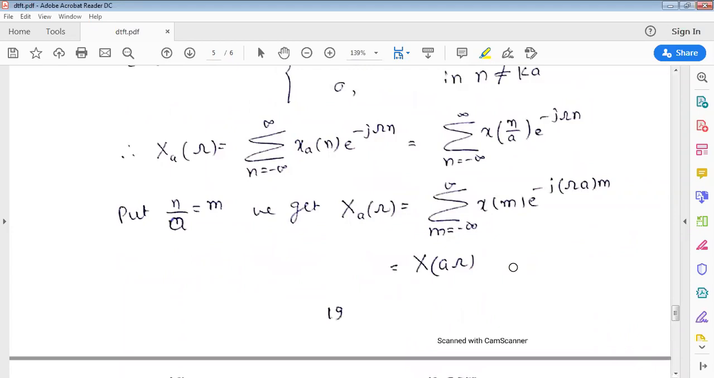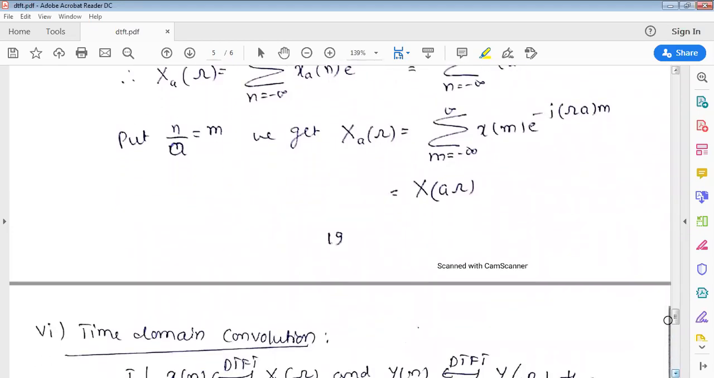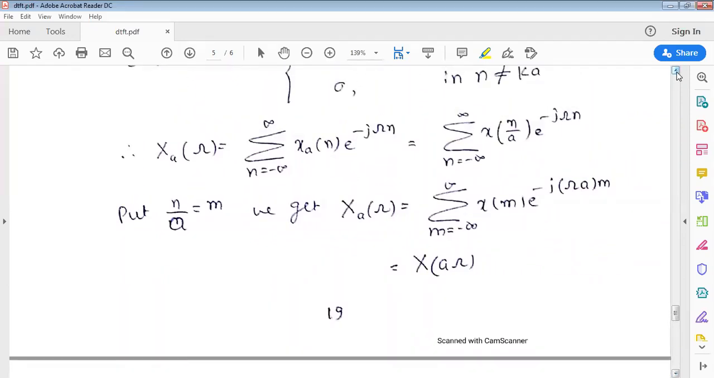So you looked into many properties. In the next class, I will look into the time domain convolution. Any doubt till now? Any doubt in this section, whatever I taught you? No, sir. Okay, do one thing, let's stop at this point. In the next class, we'll take the